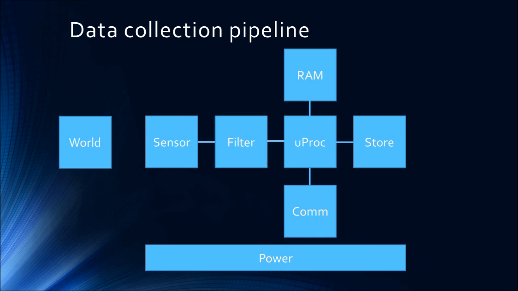But the classic flow on a microprocessor system is you've got a sensor, do some kind of filtering, usually for noise. I have an argument against that. Microprocessor coordinating the whole thing, a little temporary storage, a little long-term storage, communications, and the ever-present power constraints. So we sit there in this loop with a microprocessor grabbing data from the sensor, filtered data at that, and shoving it into a buffer in RAM, typically small.